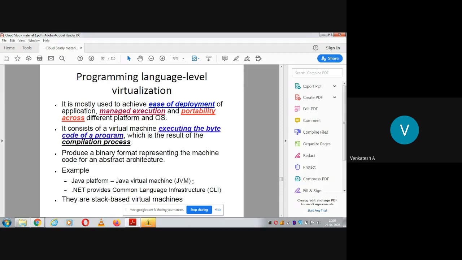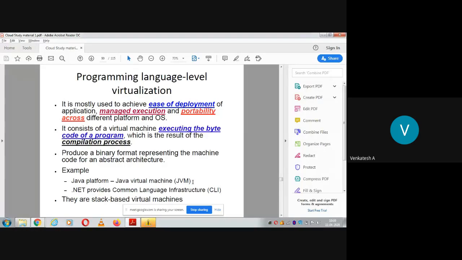When we write a program and expect it to support virtualization, then upon compilation it has to create a bytecode, and that will be interpreted by the JVM or CLI, whatever it is. They are stack based virtual machines, which means they use the concept of a stack, hence they are called stack based virtual machines.